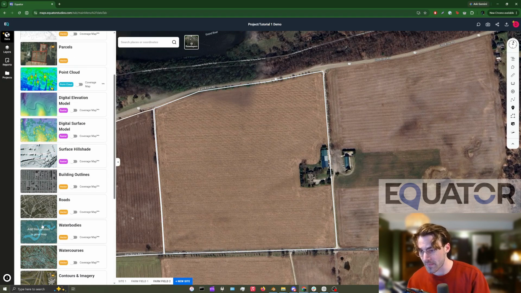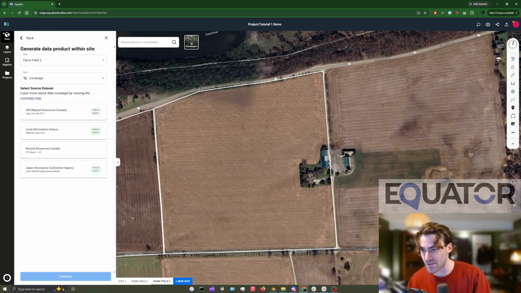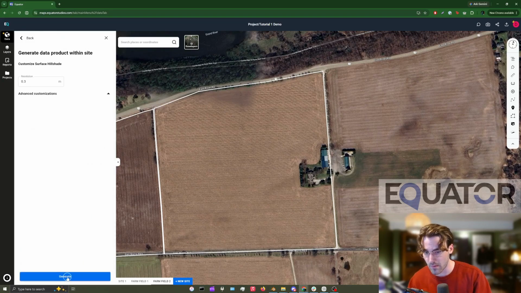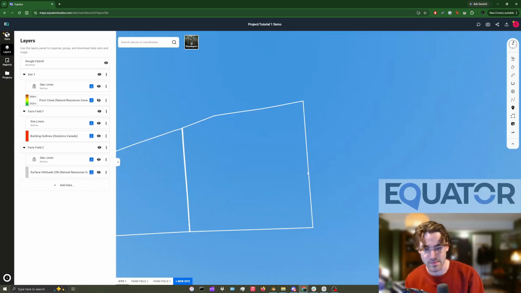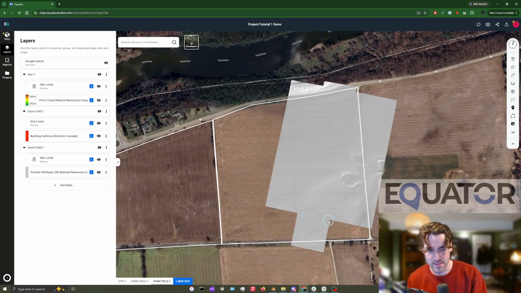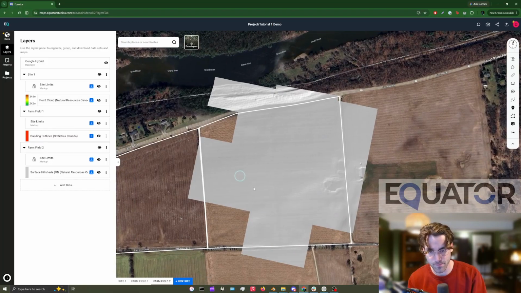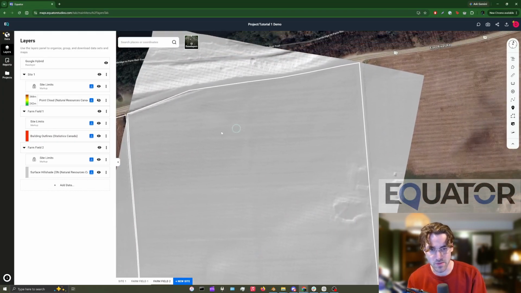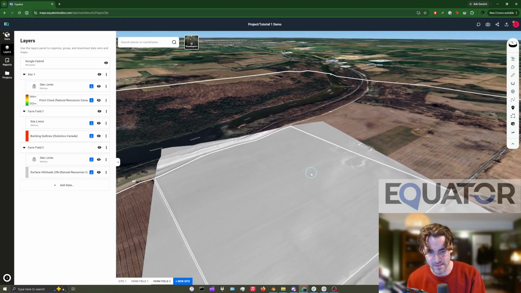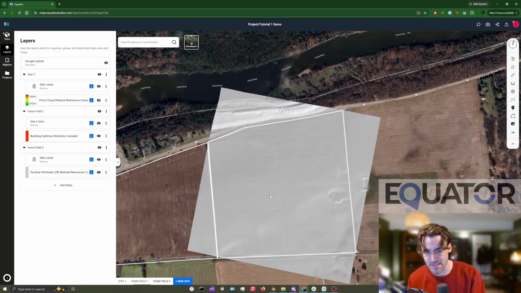There we go. I think for this one I'm going to use a combination of surface hillshade which will give us a flat view of everything and take out some of the noise of the trees on the property, like so. There we go. We can see that the data has sort of been flattened here, and we can really see the topography of the region well and just see that it's a relative flat plane, but we still need some